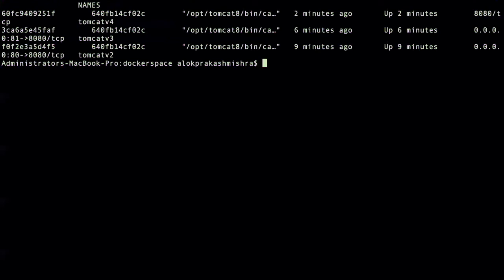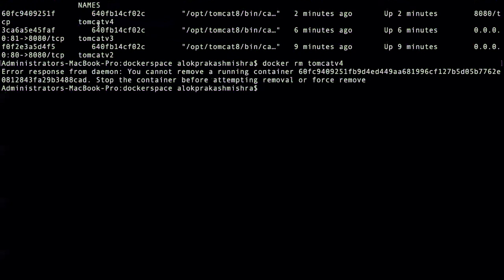Docker container ls, you can delete with the docker rm command, and if you give this, it will not delete because it is already running. You can do a force delete also.